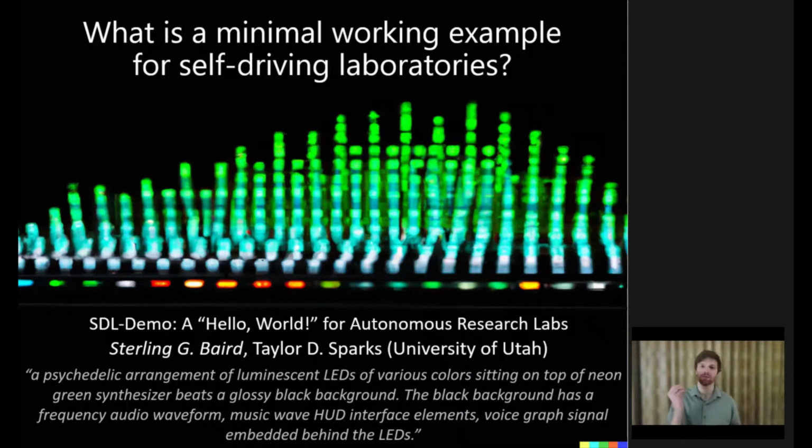I'm presenting on a minimal working example for self-driving laboratories. This is what we call the SDL Demo, a hello world for autonomous research labs. So picture all the automation and the AI, the different components you get in a Tesla that allows a Tesla to be self-driving, make decisions in this feedback loop, and bring those aspects, those principles, into a chemistry lab where people might normally be mixing things by hand and running these experiments manually and choosing deliberately every single experiment that they'll run next, maybe in a grid fashion or a design of experiments fashion, and transitioning that over to something